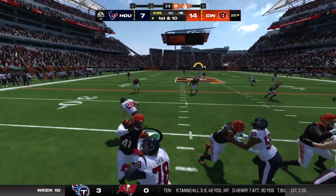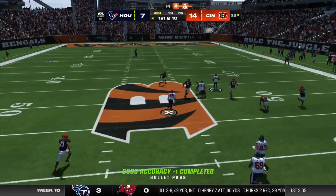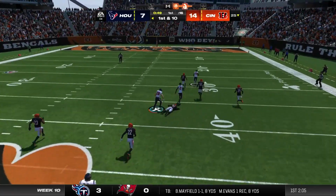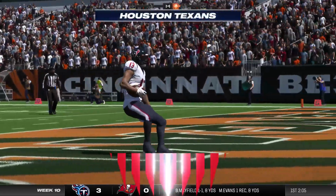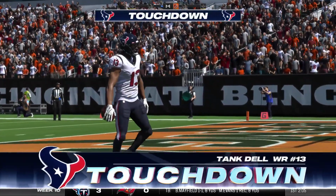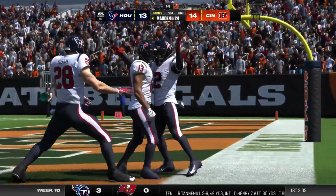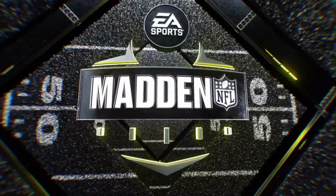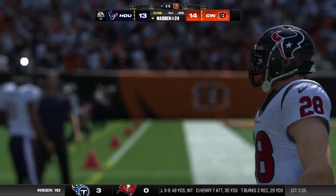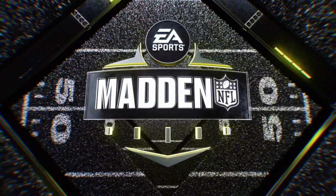Play action. Here's Stroud. That is caught by Dell. He's across midfield. He's still on his feet. Inside the 20. Touchdown, Tank Dell. His sixth touchdown of the season. And the Texans are able to strike quickly here as they are in for six. As a former DB, you might not like to see that, but from a wide receiver's perspective, those are the plays that...